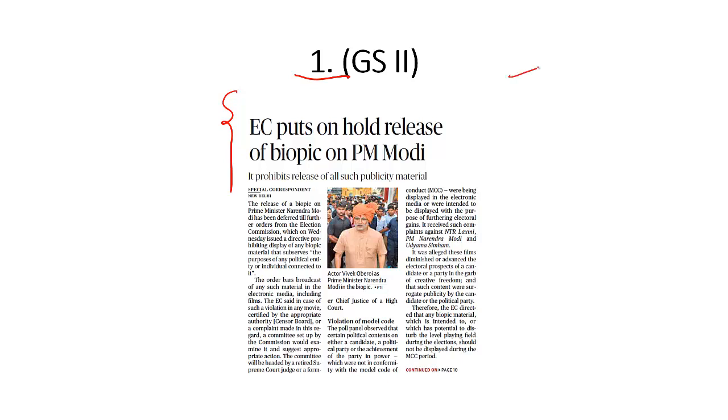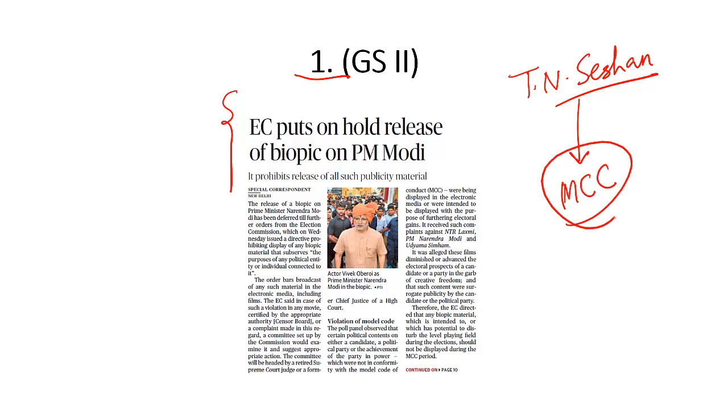There was a time when Election Commission was headed by T.N. Seshan, the legendary Chief Election Commissioner who single-handedly implemented some of the far-reaching reforms in the electoral process in this country. And it was during the tenure of T.N. Seshan in the early 1990s that Model Code of Conduct was improved and expanded. But now we are witnessing blatant misuse of this Model Code of Conduct, and it seemed that Election Commission of India is not in a position to punish those violating this Model Code of Conduct.